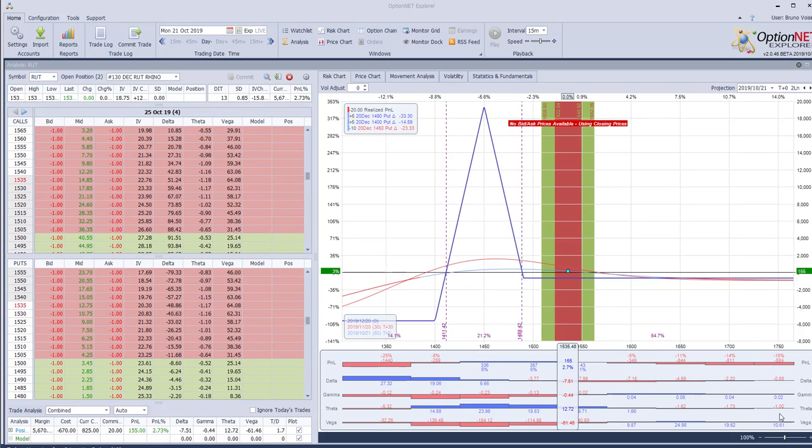Hi, this is the weekly recap on our trades, and today is October 21st, so we will look at how they will be managed this coming week. I've just loaded Option Net Explorer, and the first trade that popped up,